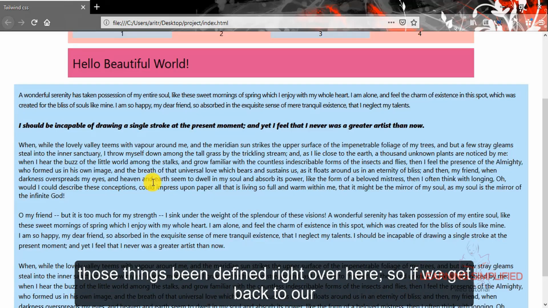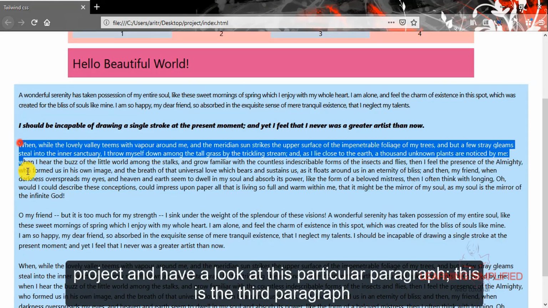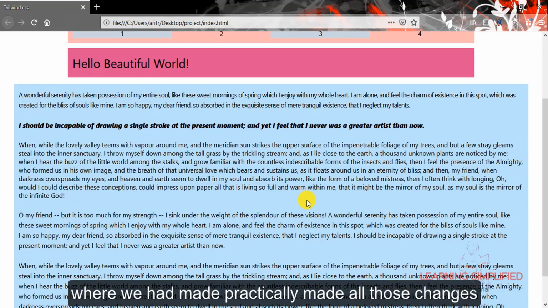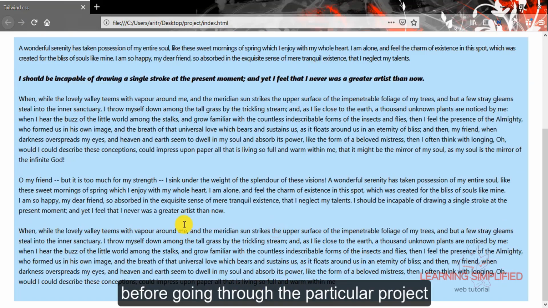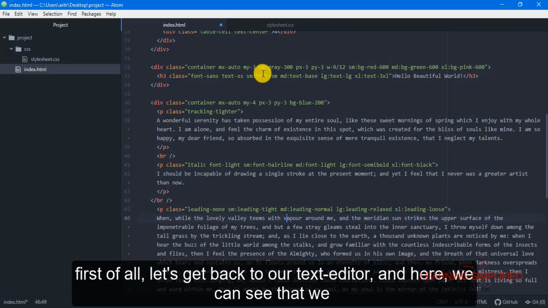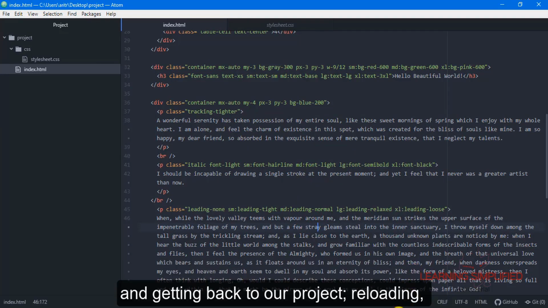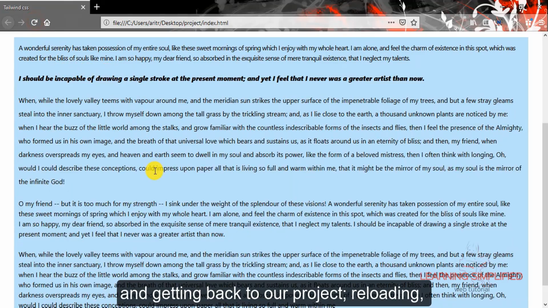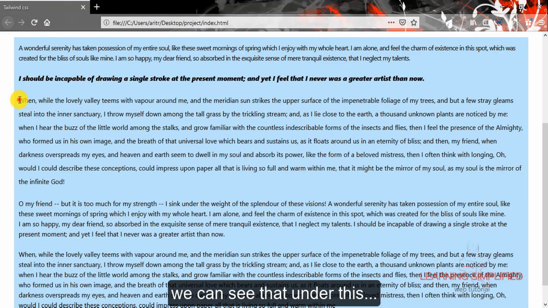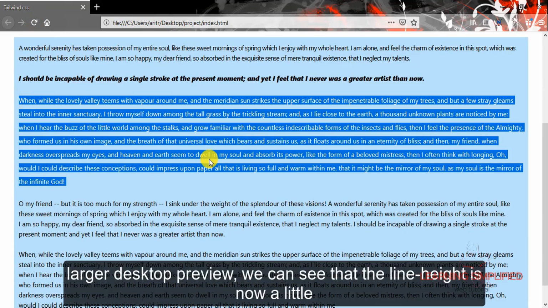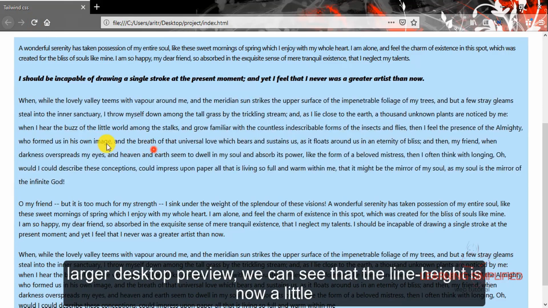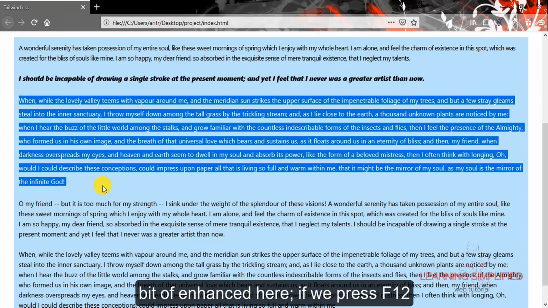So all those things have been defined right over here. Now if we get back to our project and have a look at this particular paragraph, this is the third paragraph where we had practically made all those changes. Before going through this particular project, first of all, let's get back to our text editor, and here we can see that we haven't saved the changes yet. So let's press Ctrl S, and getting back to our project, reloading, we can see that under this larger desktop preview, the line height is now a little bit enhanced.